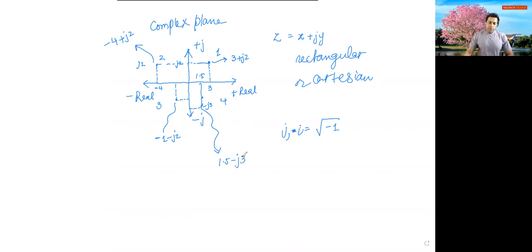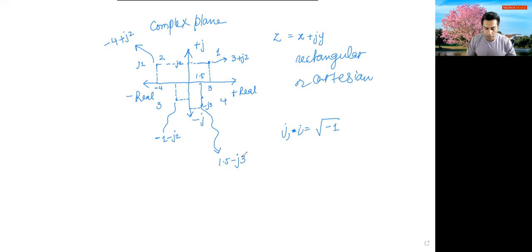So this is how you represent a complex number in Cartesian or rectangular form, and whether the real part is positive or the imaginary part is positive or they are negative will tell you in which quadrant the number is located. It is very important that you understand in which quadrant the number is located, because once you convert the rectangular or Cartesian form into what we call polar form,